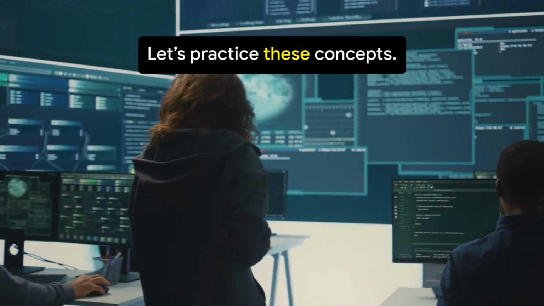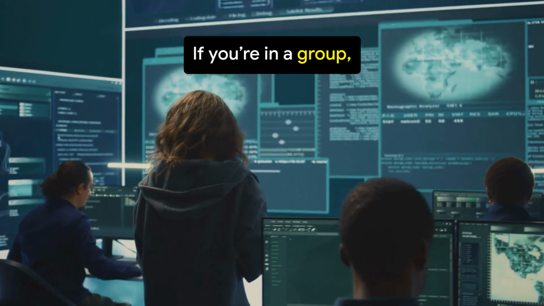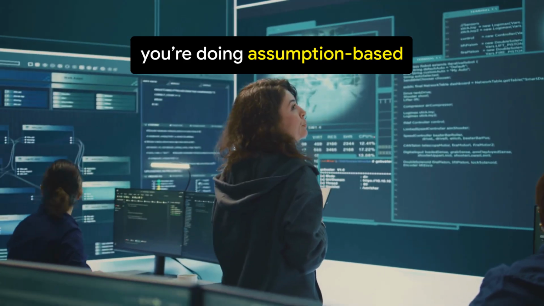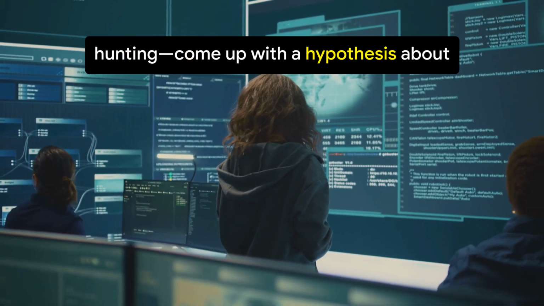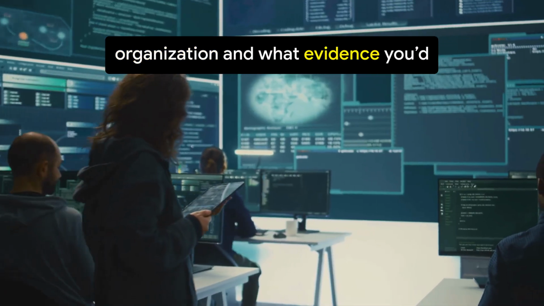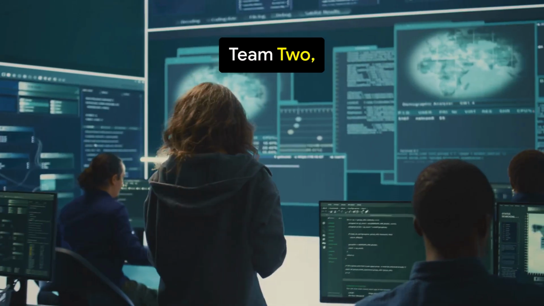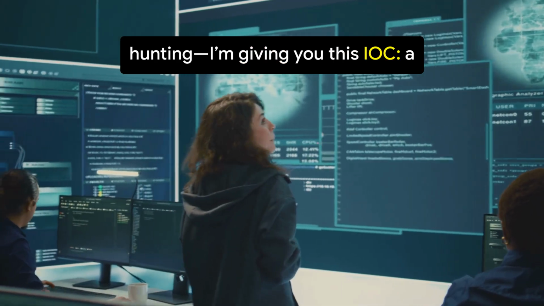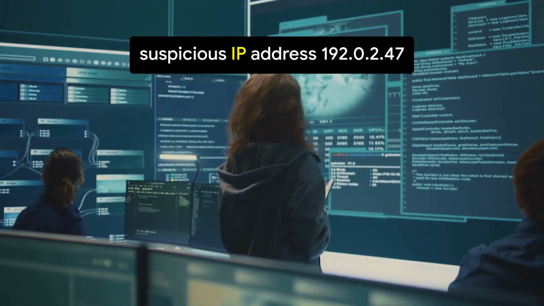Let's practice these concepts. If you're in a group, divide into two teams. Team 1, you're doing assumption-based hunting. Come up with a hypothesis about how attackers might target your organization and what evidence you'd look for. Team 2, you're doing intelligence-driven hunting. I'm giving you this IOC, a suspicious IP address